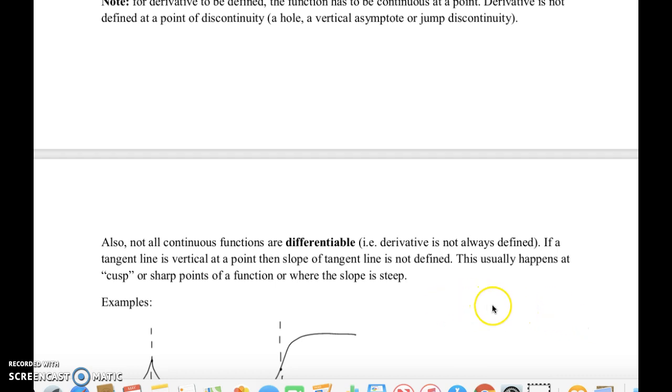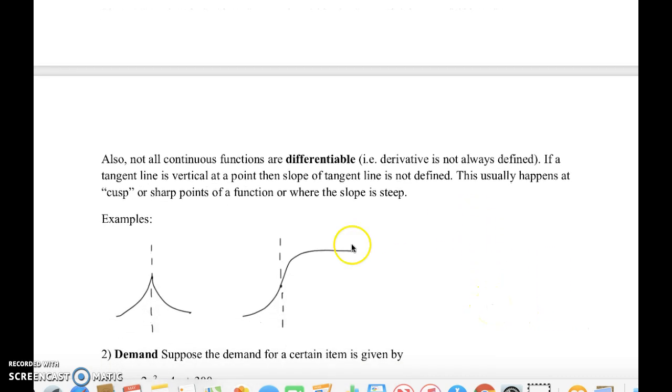Okay. And this usually happens if you have some sort of sharp point where the graph sharply comes up and comes down like this. And you can see that if we try at this point, we're going to have that straight up and down problem. Or if the slope of the function is really steep to begin with, at that particular point it forms that vertical line. So we're going to